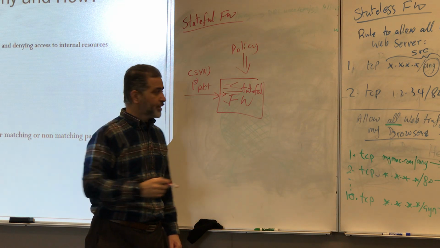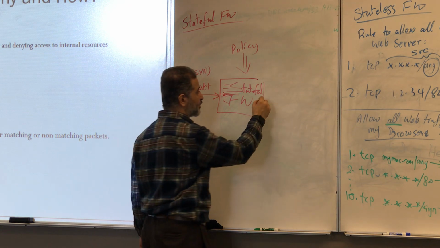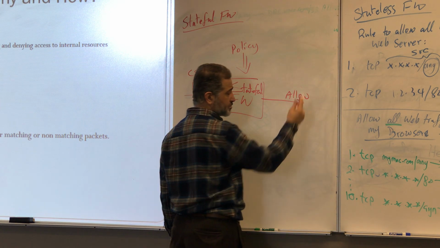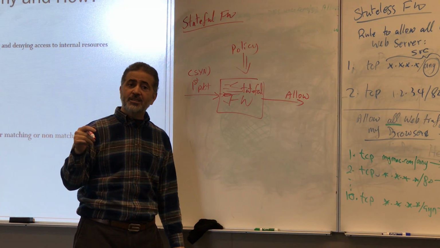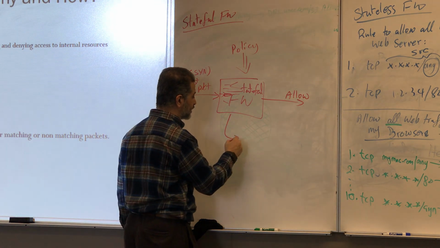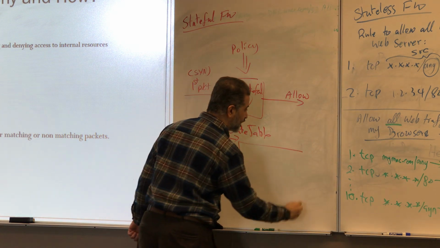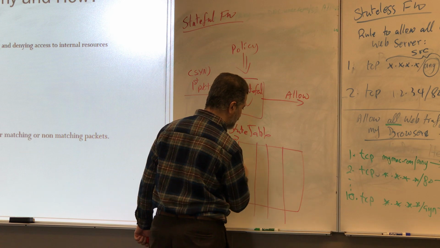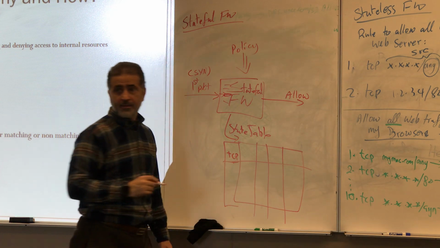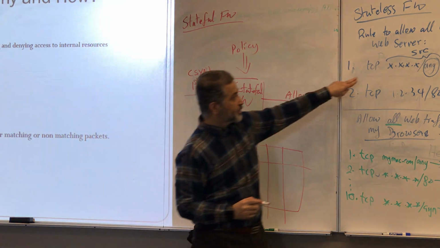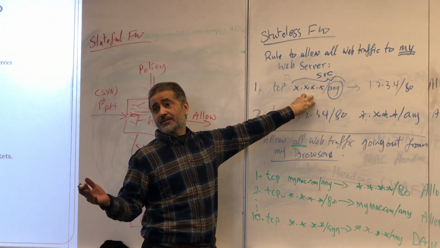The packet matches this rule, okay? This rule says allow, so it will allow the packet. So far, nothing new. But it will record this allowed packet in what we call the state table. It will write in this table that a TCP packet was allowed here. Let's look at this. A TCP packet came from a client, right?